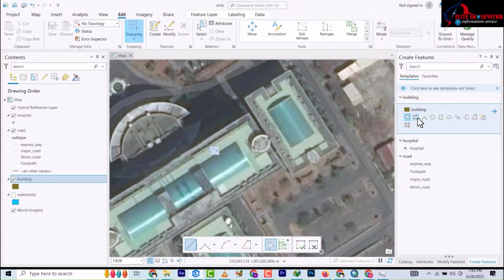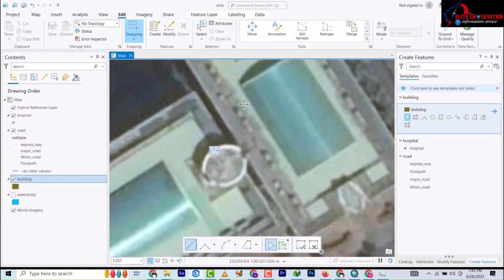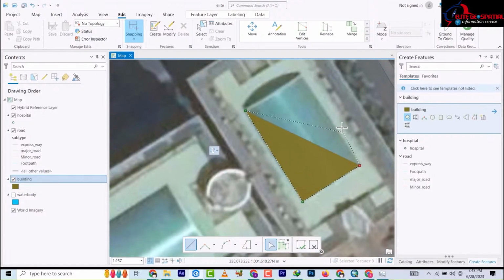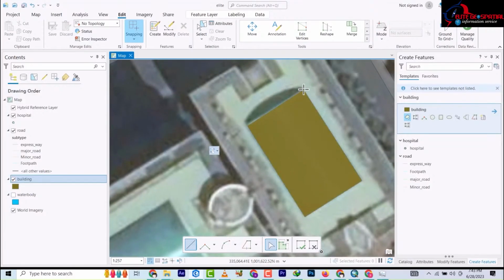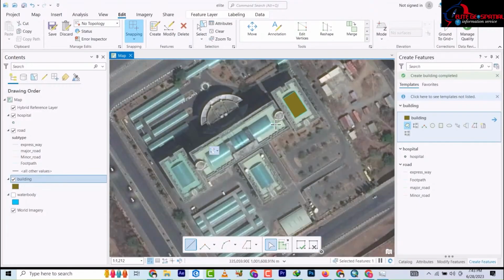So I'm going to choose, we have the polygon, we have the auto complete polygon, and then we have the right angle, we have the circle, and then we have the rectangle. So in this tutorial we're going to use the polygon, and in the next video we're going to use the rectangle. So on the polygon you're going to make a selection, 1, 2, 3, 4, and you double click. Alright, so